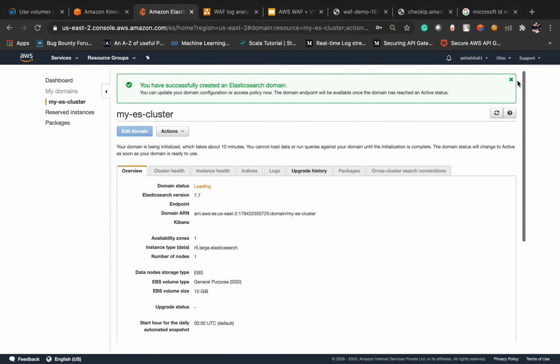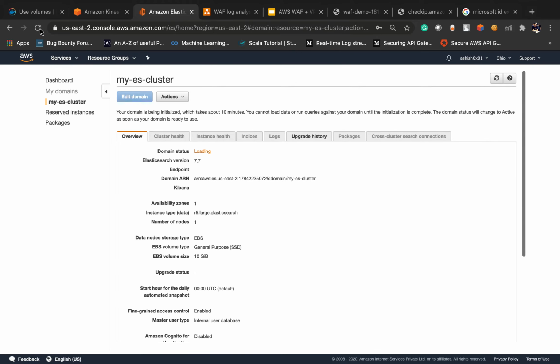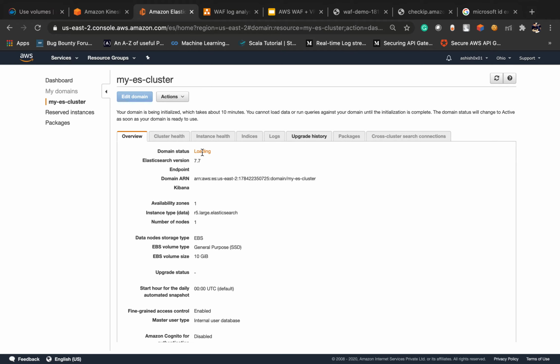Creating this will take a little bit of time, generally approximately 10 minutes, so we need to wait. After that, we are able to see our Elasticsearch cluster.